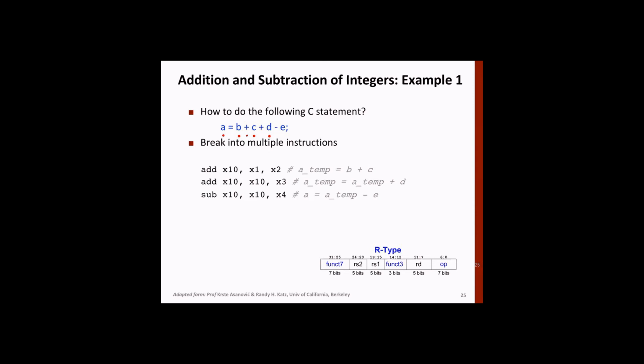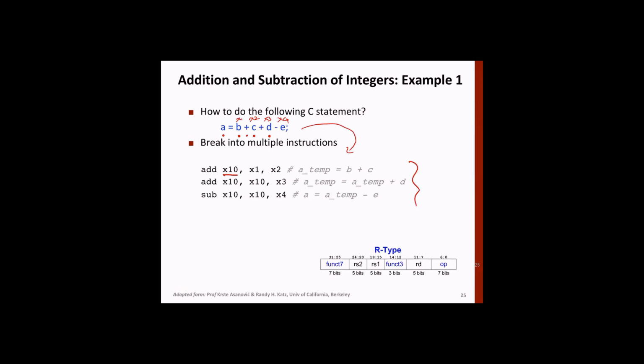So X1 register will contain B, X2 will contain C, X3 will contain D, X4 will contain E. Then we can say that X0, and there are a number of ways in which you can create a corresponding assembly language program, right? So we can say